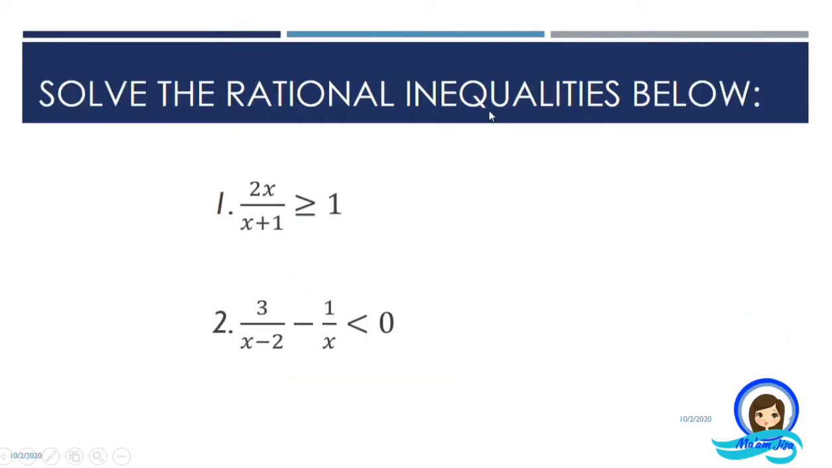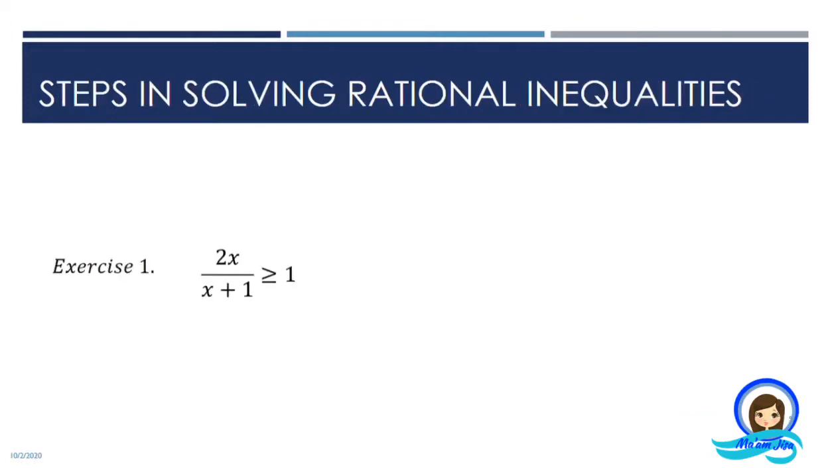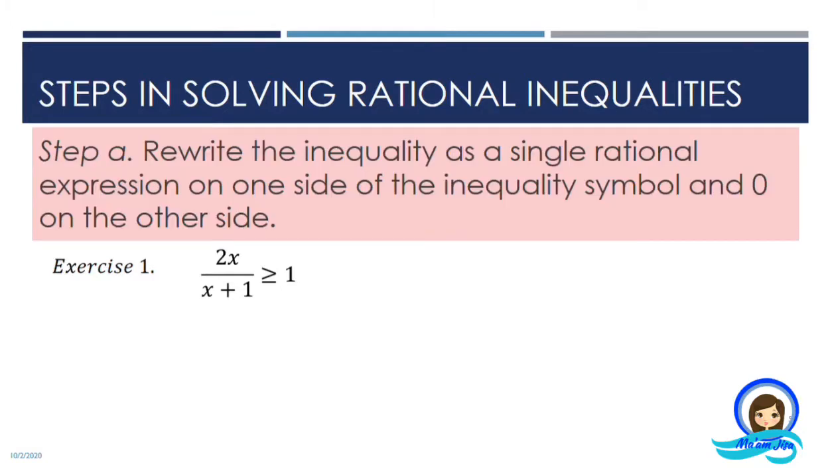For our exercises today, we need to solve the following rational inequalities. We have 2 items. So let's start with the first number. As we solve the rational inequalities, we will be following these 4 important steps. Step A. Rewrite the inequality as a single rational expression on one side of the inequality symbol and 0 on